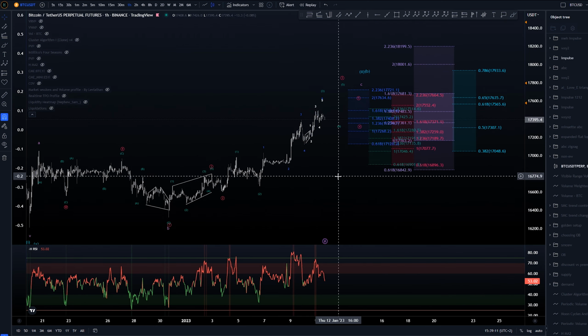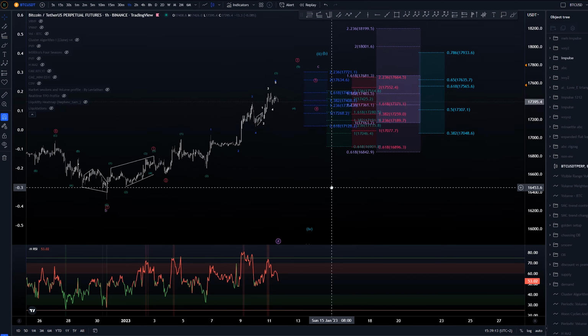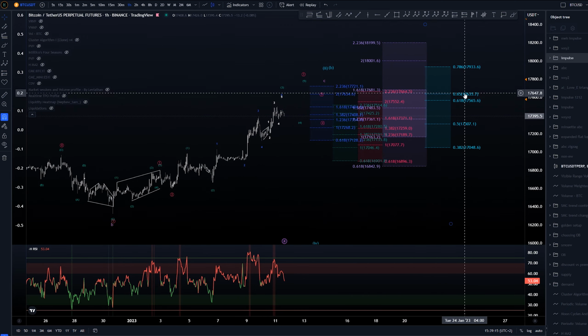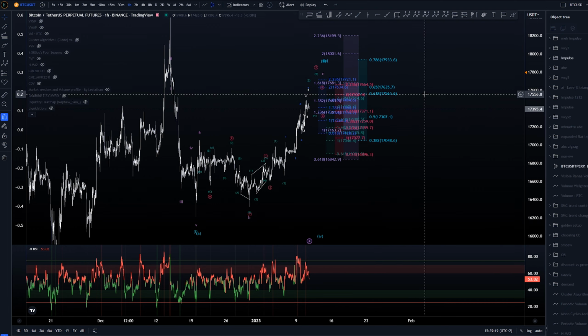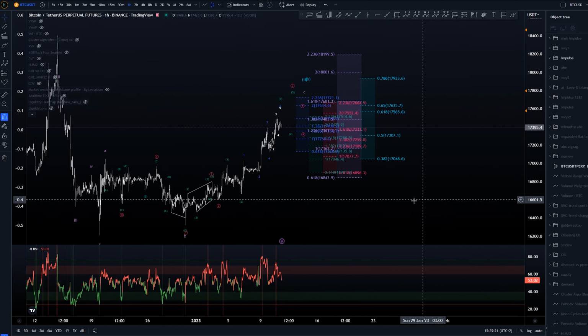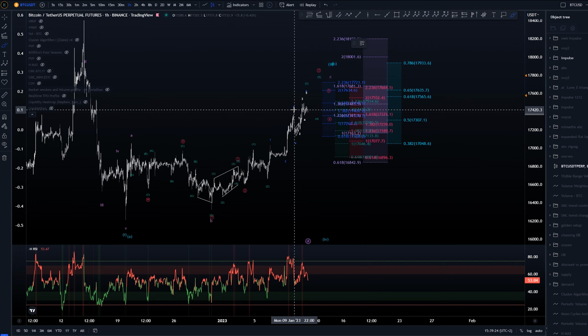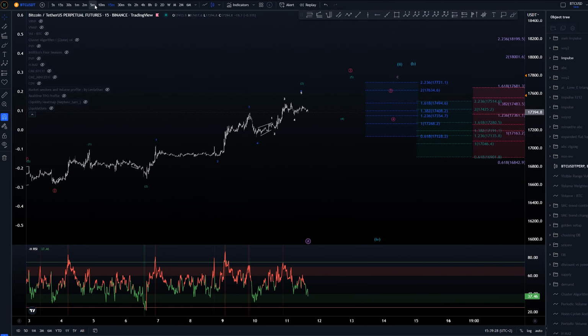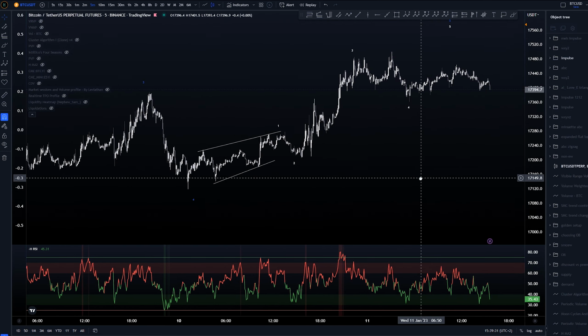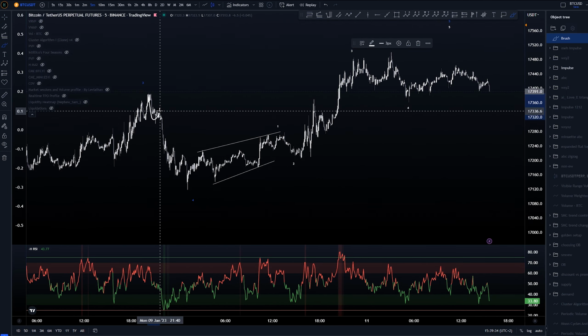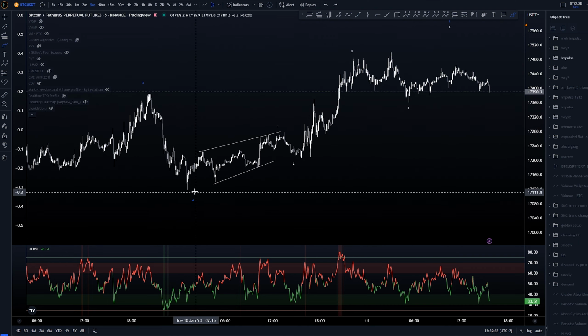But yeah, we have a couple of different targets here overall. Nothing really major. We are still yet to tag any kind of golden pocket here, which would be around 17.56k. I already had short setups from here, as we were talking about on at least Discord, maybe on the videos as well, where this was definitely a potential 5-wave structure coming down, and